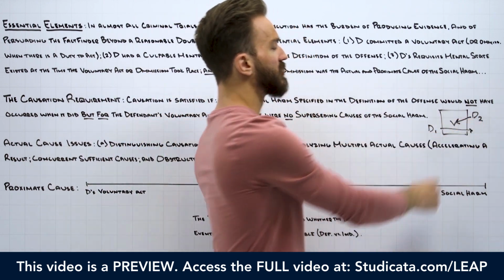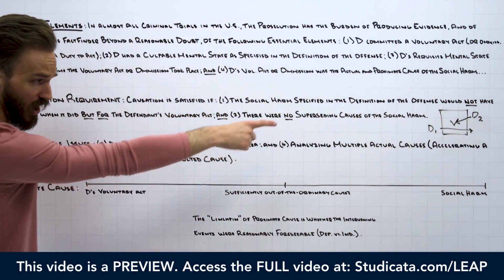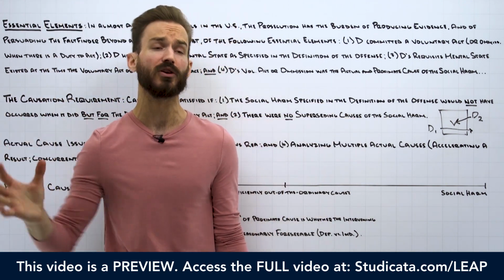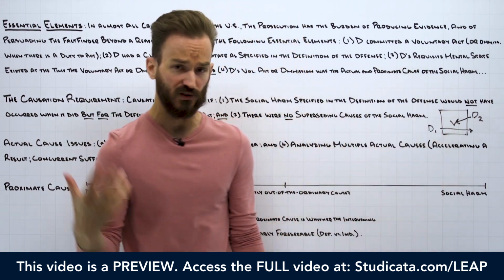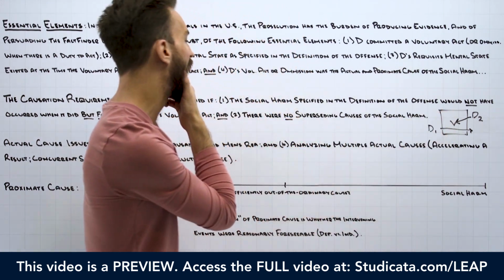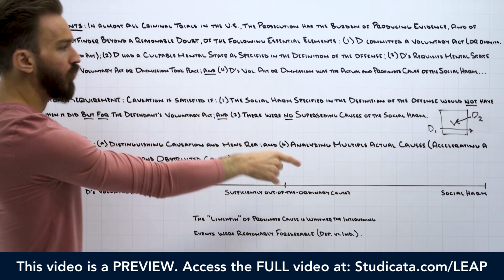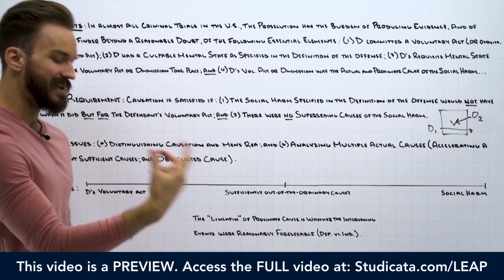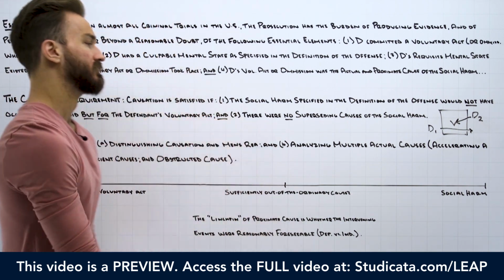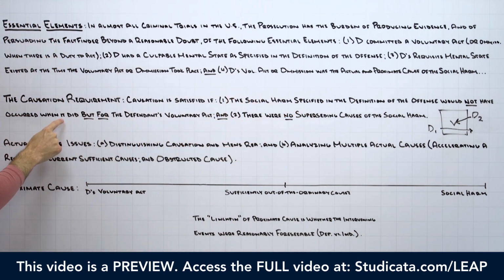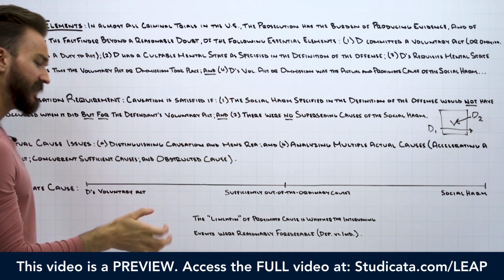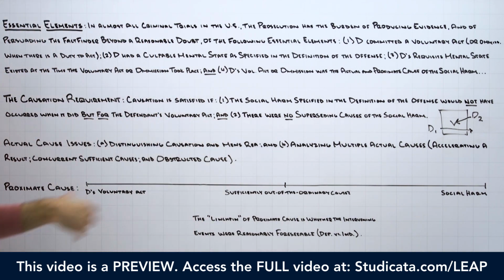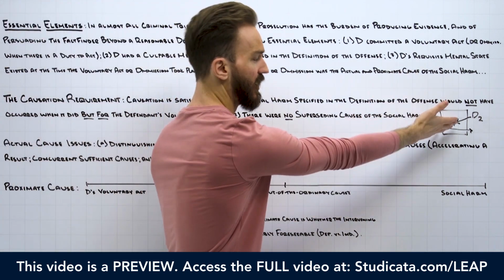Well, here, defendant number 2 is going to be the actual cause of the victim's death, right? Remember, defendant 2 is cleaning the gun, it accidentally fires and hits the victim, killing the victim immediately, right? So here we would say that the victim would not have died when the victim did, but for the defendant negligently cleaning the gun, right? The victim died when the victim did because of the defendant's voluntary act, right? The defendant was negligently cleaning the gun and it goes off and the bullet hits the victim, killing the victim